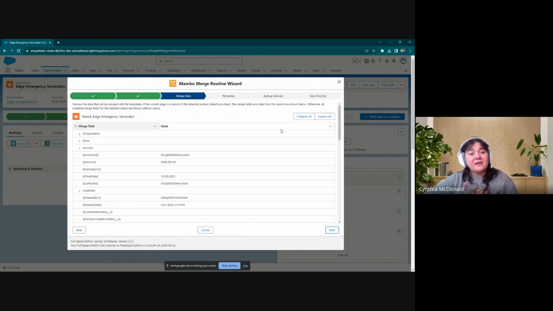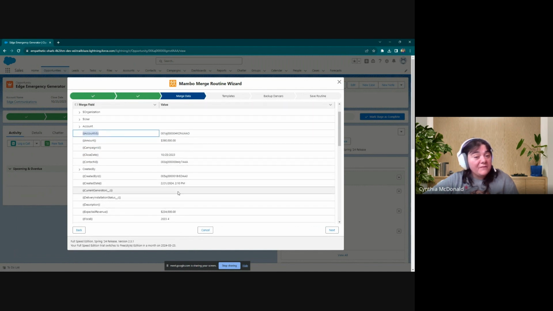And then here is the merge data. So this is your template builder put inside of your routine wizard so that in the process of creating your routine or editing your routine, you could go in here, make your original template, or maybe you need to tweak your template to get something that maybe was missing before and you're like, I need that. I need the close date or I need the amount put in correctly. So you would grab that, highlight it, copy, and then paste it into your document. And then you could also see how those different values are filling out, or if there is no value for that record. So we're not going to be updating the template right now, so we'll go ahead and on to